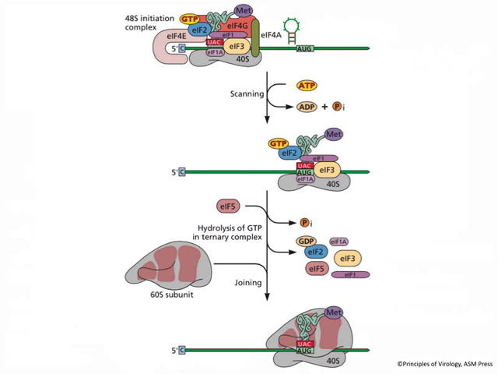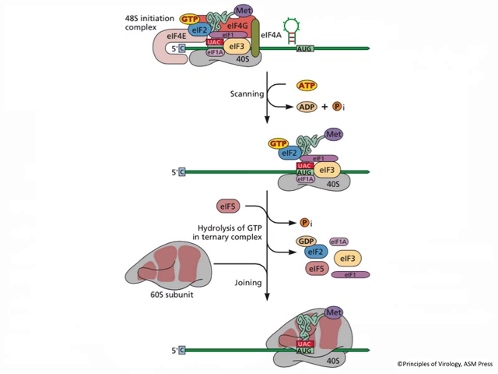And this is a process called scanning, wherein the initiation complex moves along the messenger RNA until it encounters the initiation codon. And if there is secondary structure in the 5' UTR, like the one I've drawn here in green, it will be unwound by eIF4A, the helicase that's moving along with the 40S subunit. We don't know what happens to the 4E cap interaction. It might remain, in which case the RNA could be threaded through this complex, or it might dissociate. We actually don't know what's happening there.